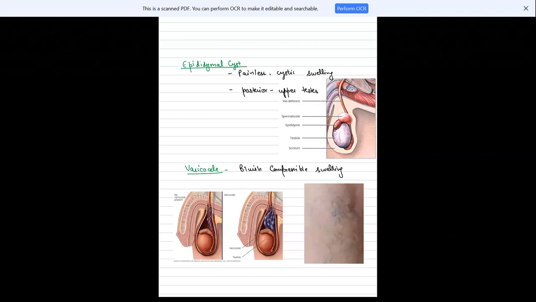And if you see a bluish compressible swelling, that's probably due to dilated veins, the testicular veins. Like I have shown an example, some people have this in the leg as well. You can see it, and it has a bag of worms kind of feeling, as the vessels are dilated. So this can be the diagnosis. That's how you can make the diagnosis of varicocele. Next,